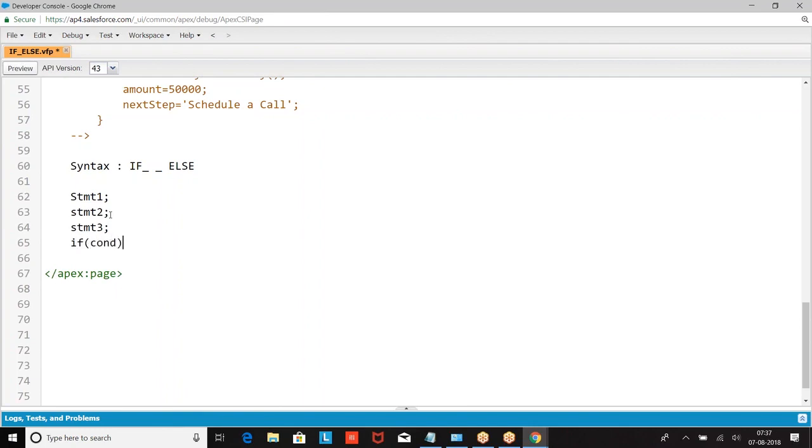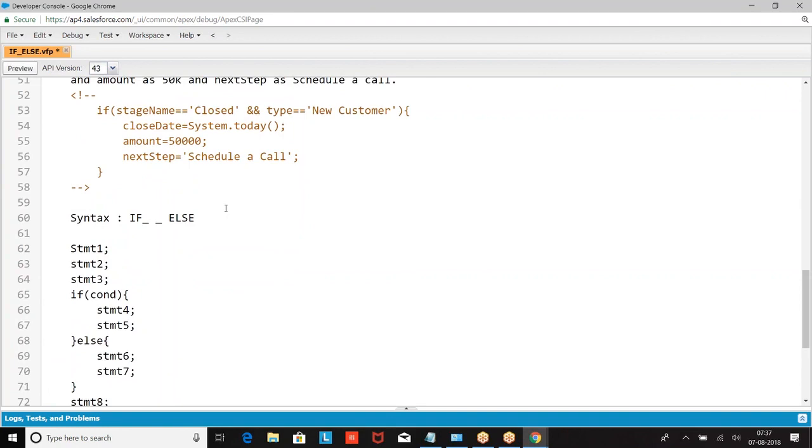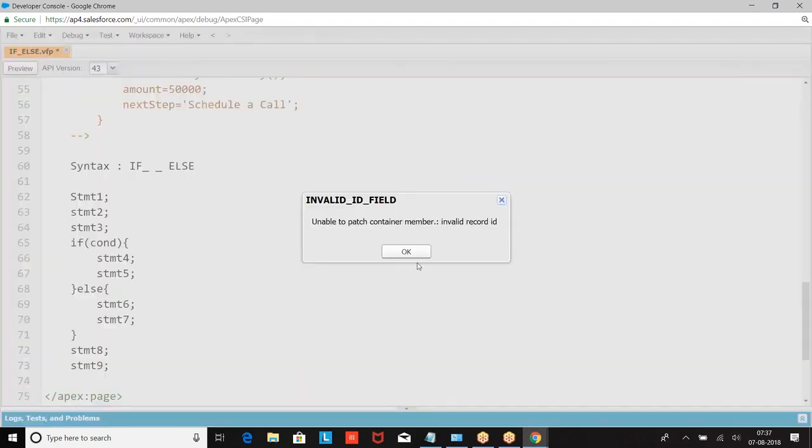If condition. Else. So Diksha, I have a question regarding the output that you displayed. The variables have a scope within the if, but we are displaying them out of the if.